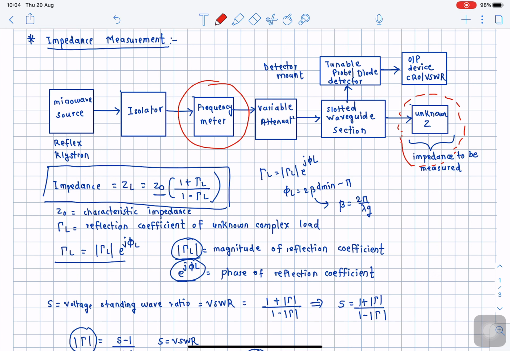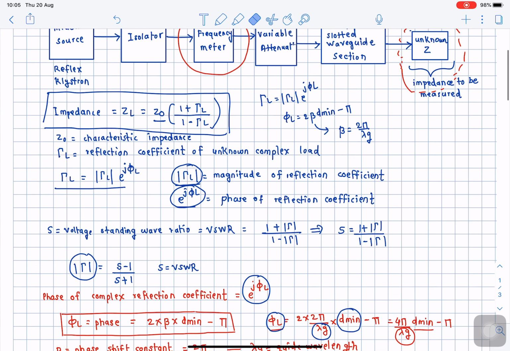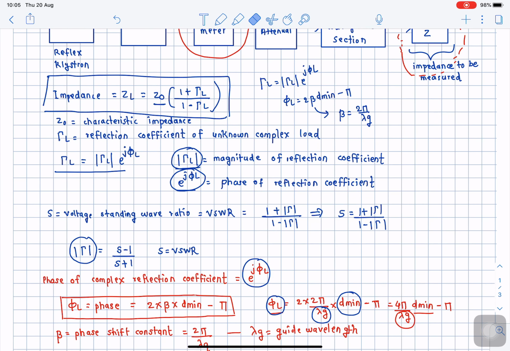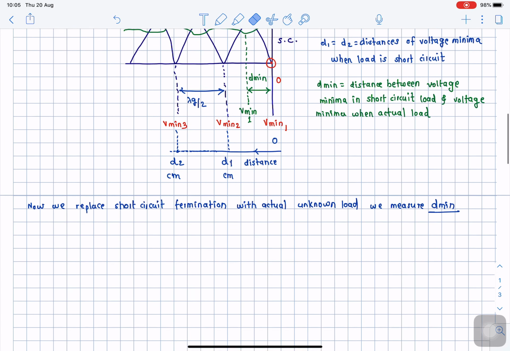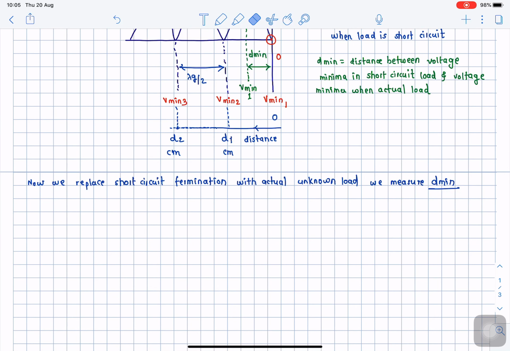Alternatively, there is one more technique to measure the frequency of the microwave source. In that case we assume that we don't have the frequency meter to perform the frequency measurement. If we don't have the wave meter or the frequency meter in the circuit, how can we still measure the unknown frequency? This is the second method, where I will illustrate how to measure the unknown frequency generated by a microwave source without using a wave meter or frequency meter, right?